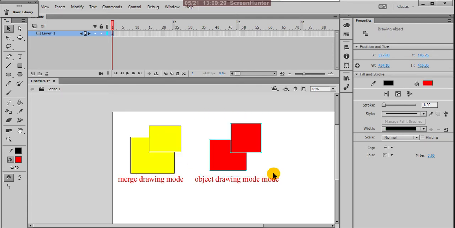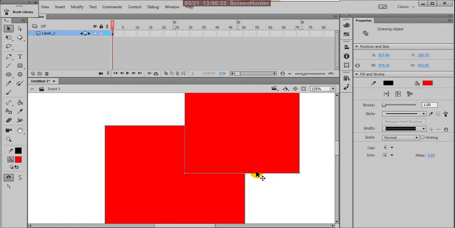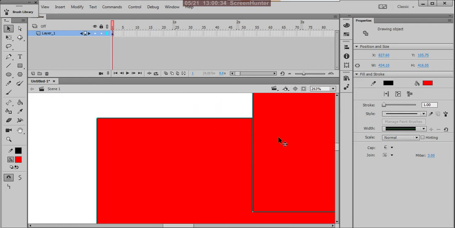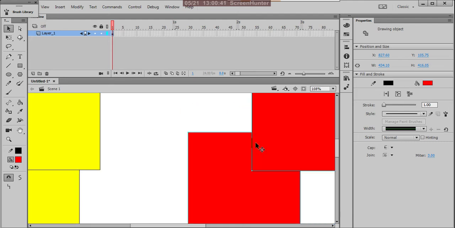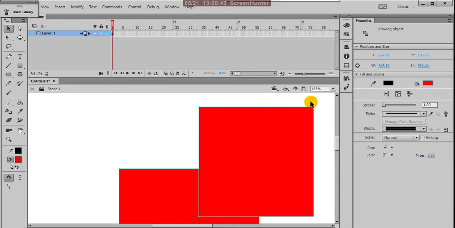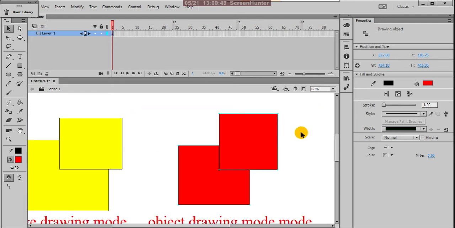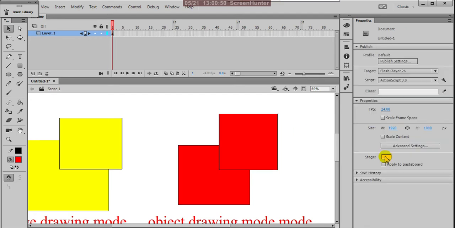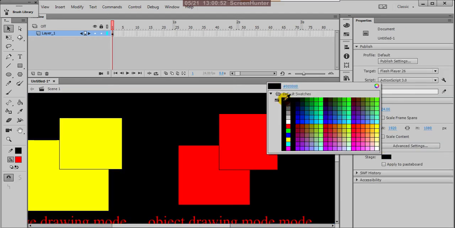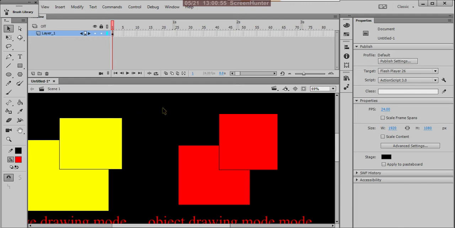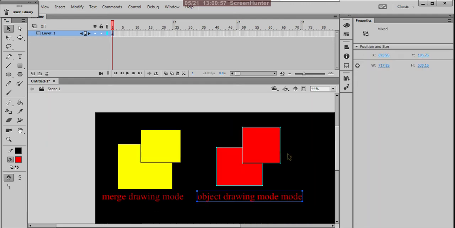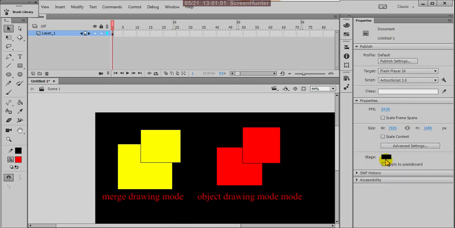Even if you select them, it's not showing any pixels. Instead, over the object there is an outline surrounding it, a blue line outline. If you observe this in the black, see the line. So this means it is in object drawing mode.